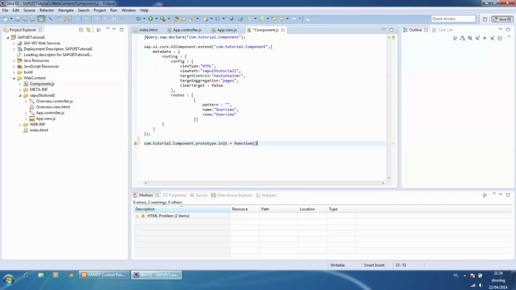We create the init method of our extended component. In this init, we will initialize our router.